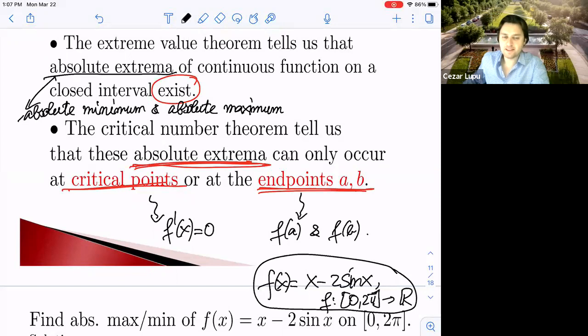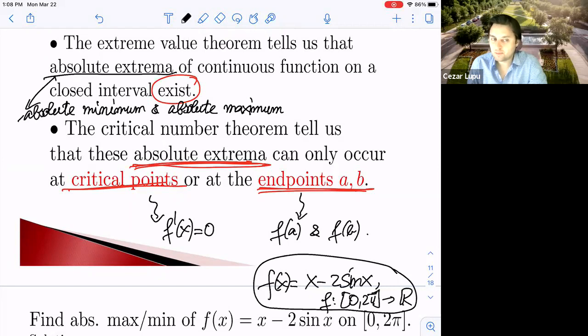Well, yeah, you can say that too. Yeah, I agree, but well, look above. What does it say? That by the extreme value theorem, what does it say? That if I have a continuous function on a closed interval,